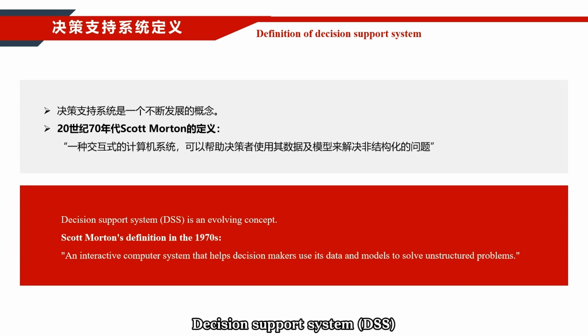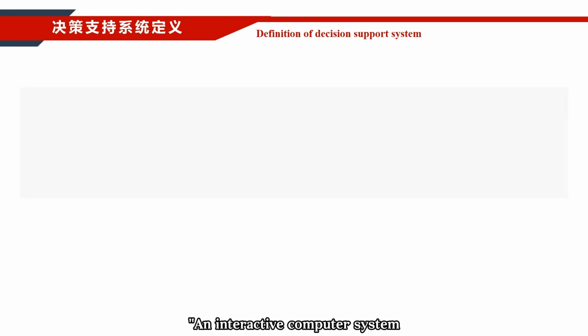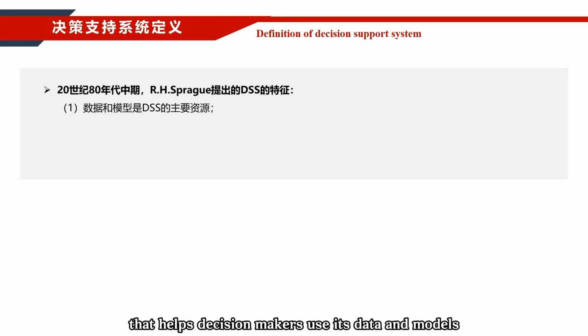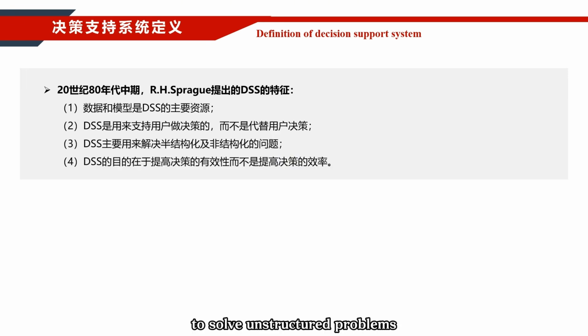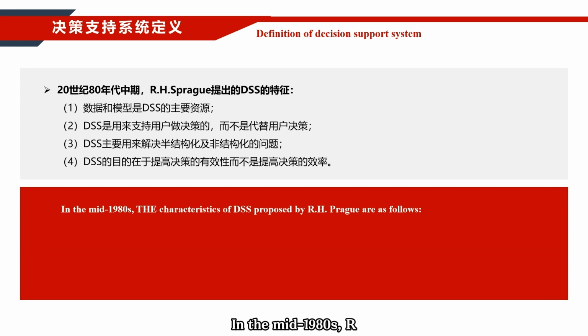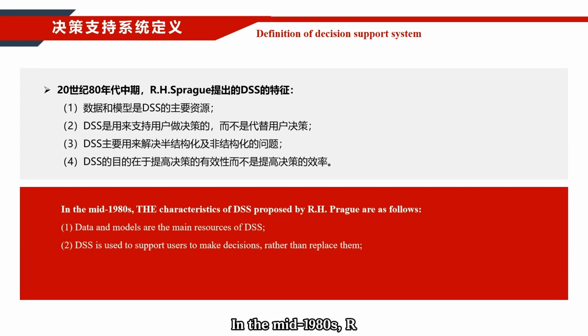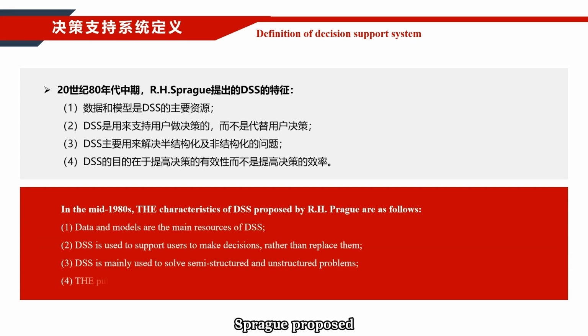Decision Support System (DSS) is an evolving concept. In the 1970s, Scott Morton's definition: an interactive computer system that helps decision-makers use its data and models to solve unstructured problems. In the mid-1980s, R. H. Sprague proposed: